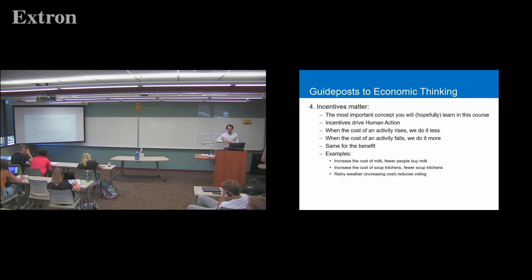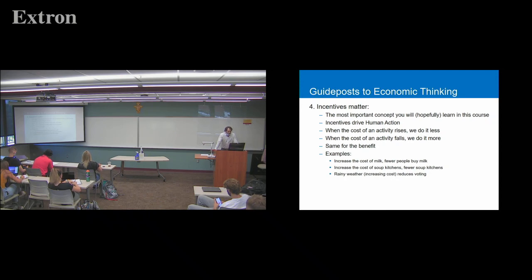And the reason I capitalized human action there is the economist Ludwig von Mises, the peak of his work, his magnum opus, was the book Human Action, which was all about economics and understanding economics. He really wanted to drive home the point that we were studying human action. We weren't studying firms and businesses or why countries are rich, things like that.